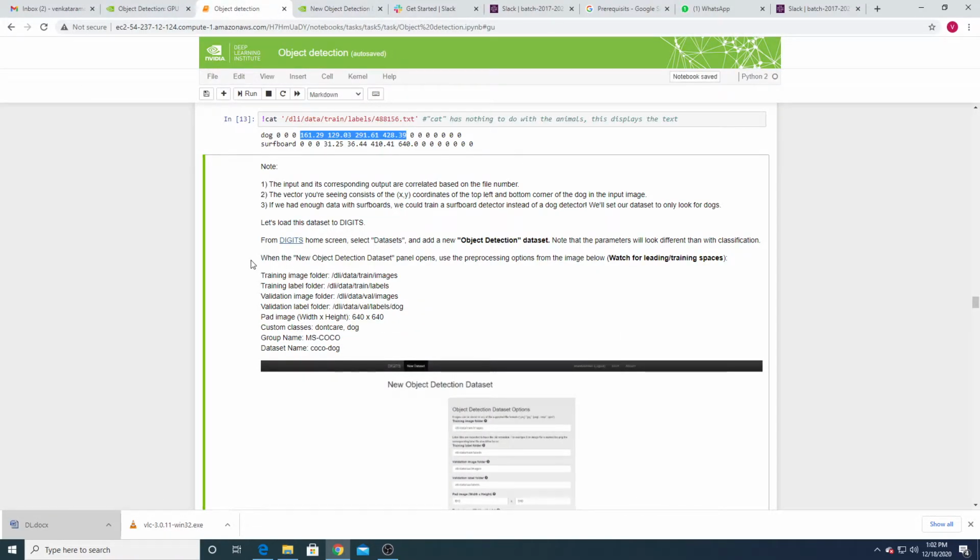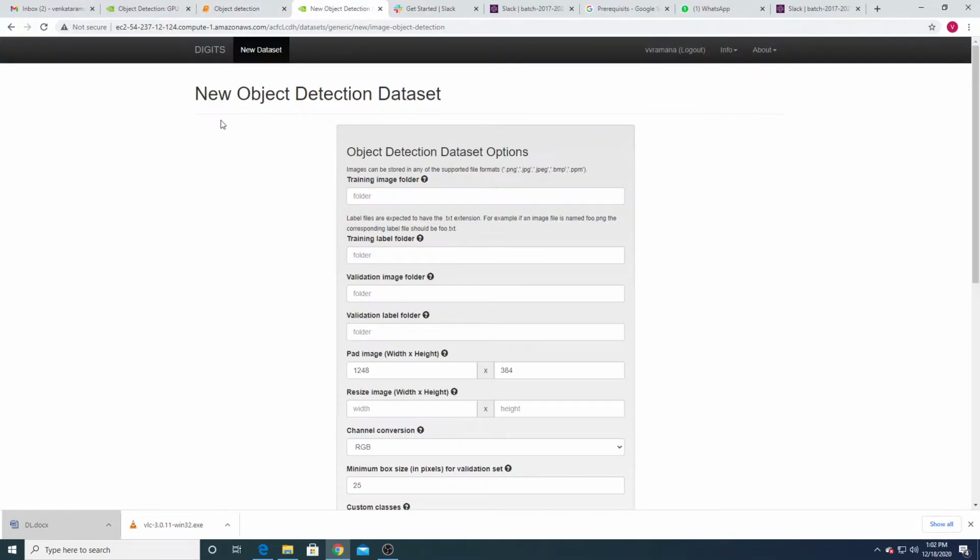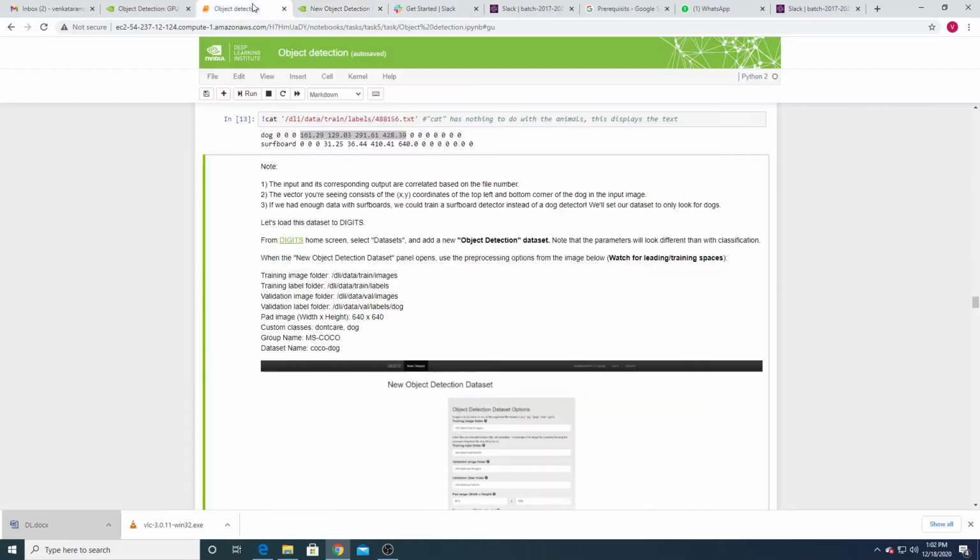Now what we do is, when the new object detection dataset panel opens, note that the parameters will look different. You replicate the options from the image below. So you have to use these options.